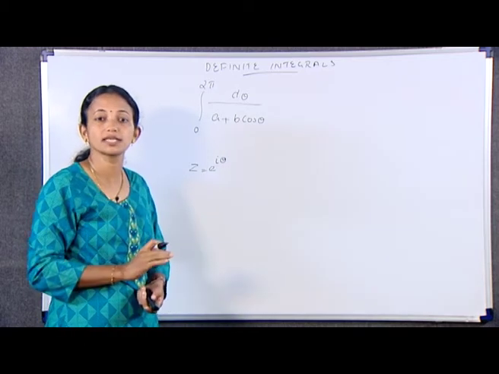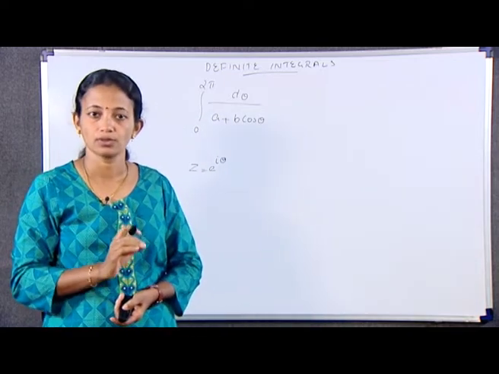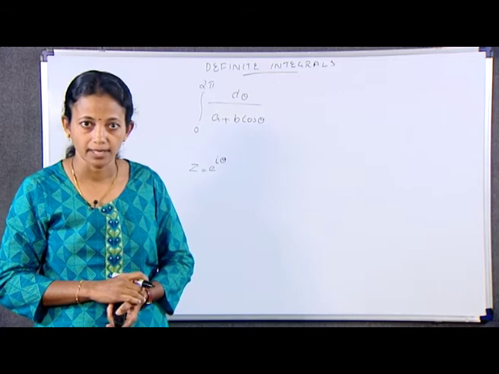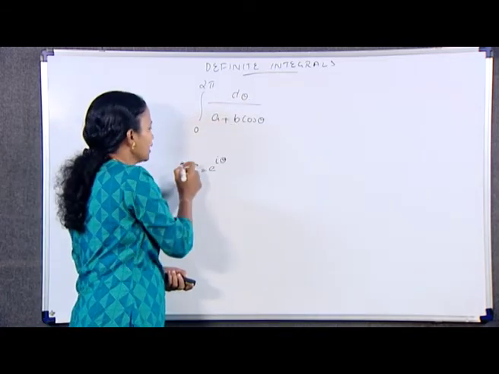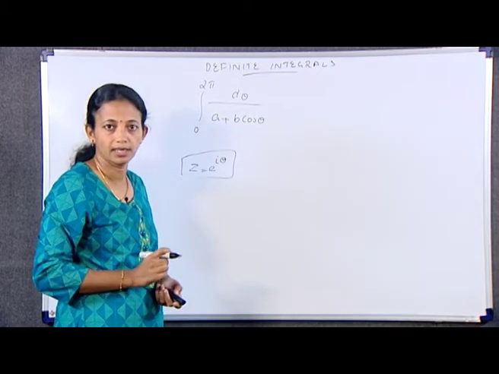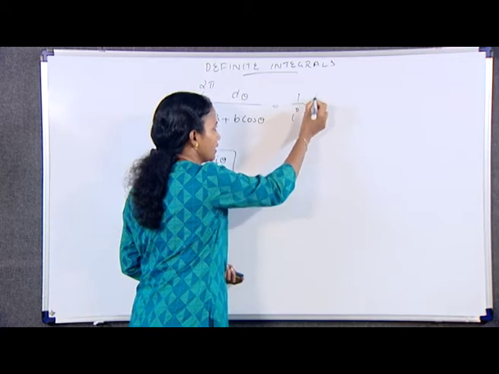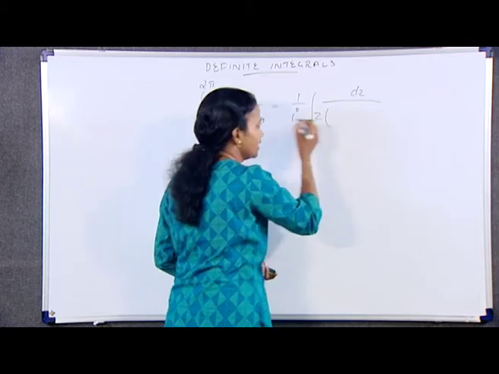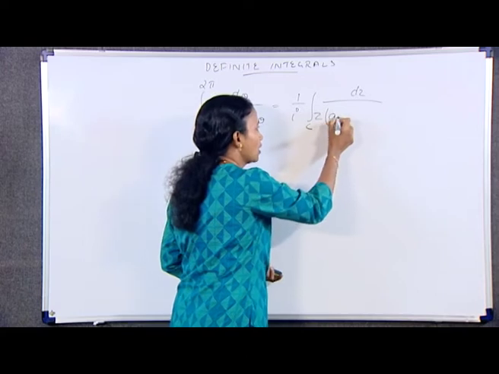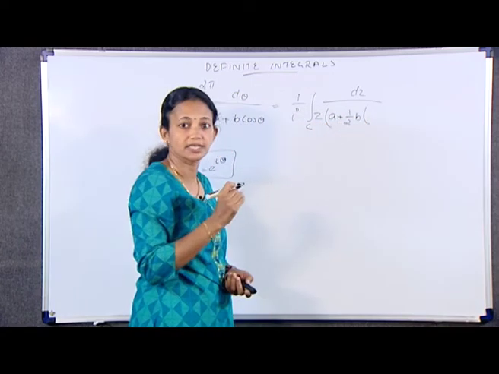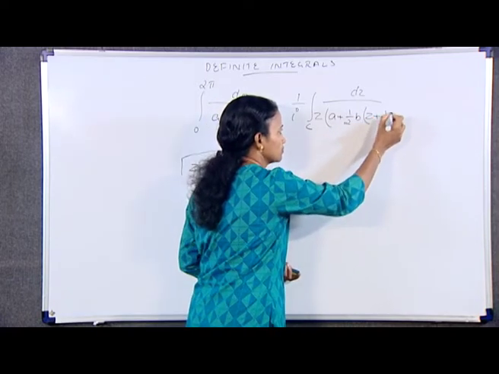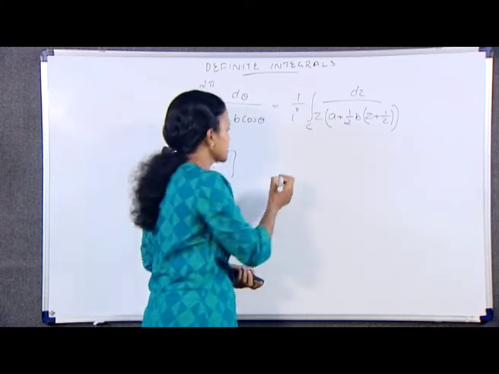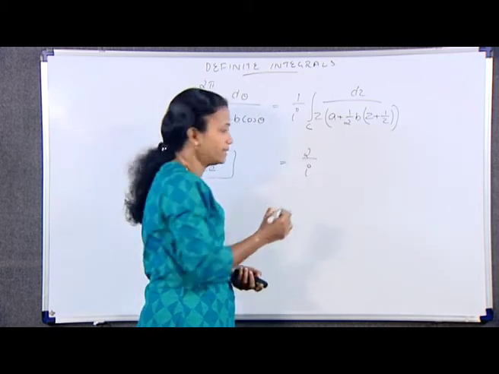And of course, we have cos θ = (z + z⁻¹)/2, that we can write as (z + 1/z)/2, and of course, dθ = dz by iz. Then the integral from 0 to 2π of dθ by (a + b cos θ) can be written as 1 by i times the integral over C of dz by z(a + (1/2)b(z + 1/z)), where C is |z| = 1, and this is equal to 2 by i times the integral over C